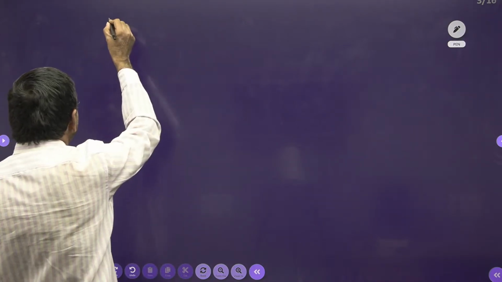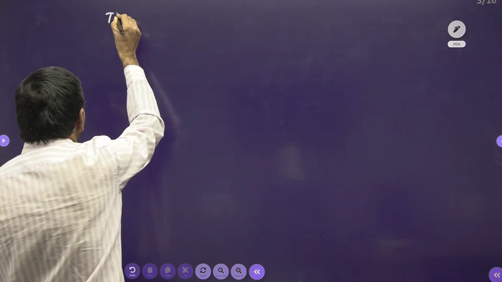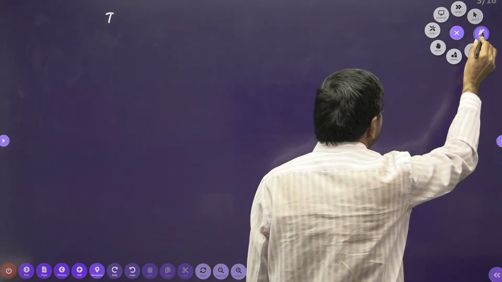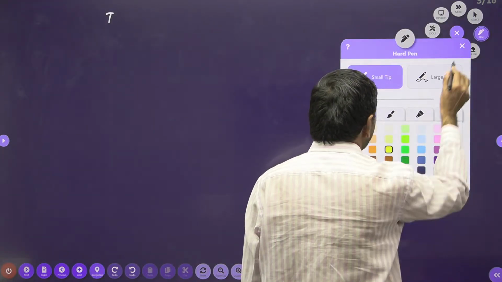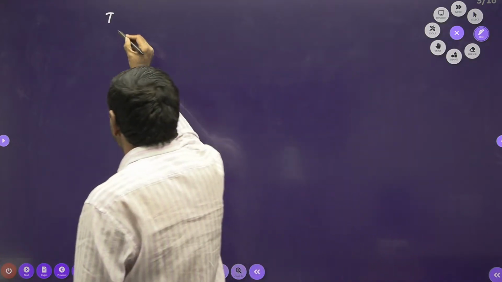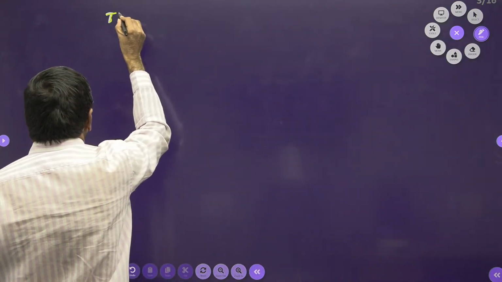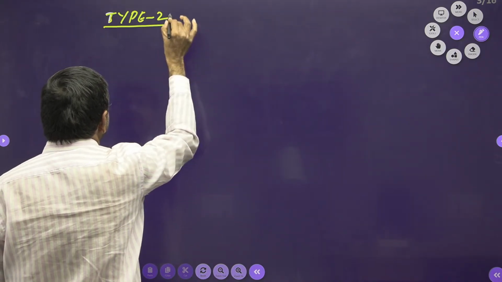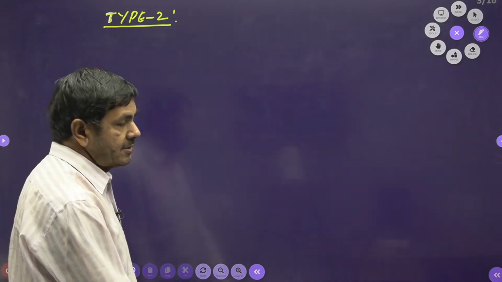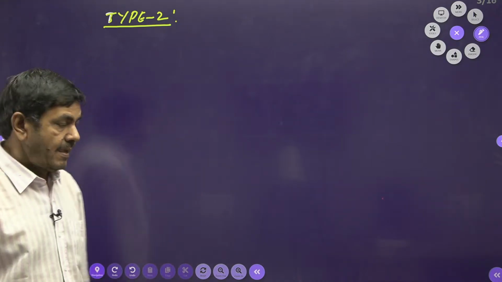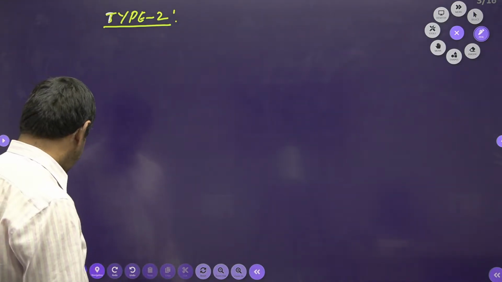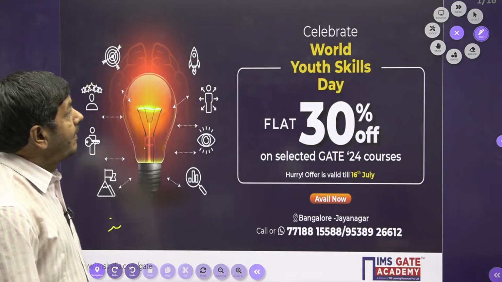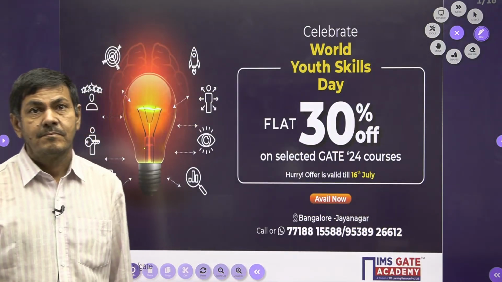Type 2. Type 2 I want to plot. But before that,